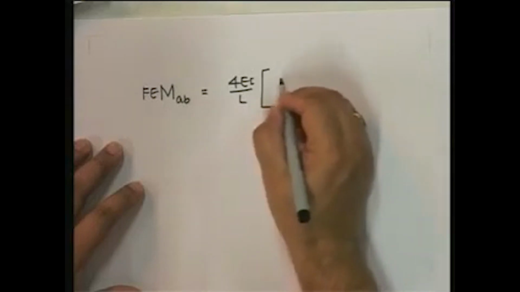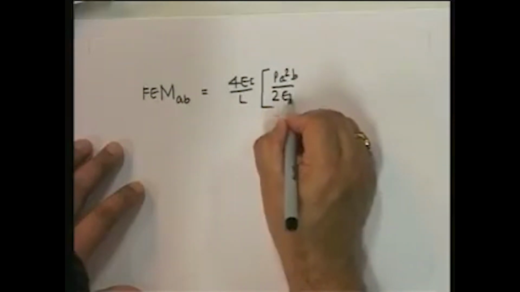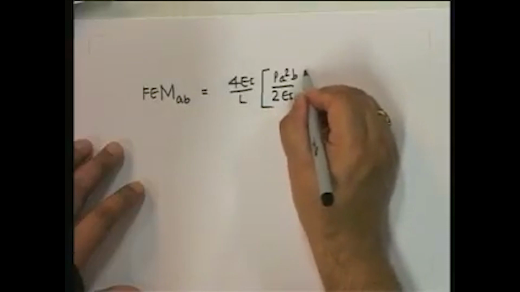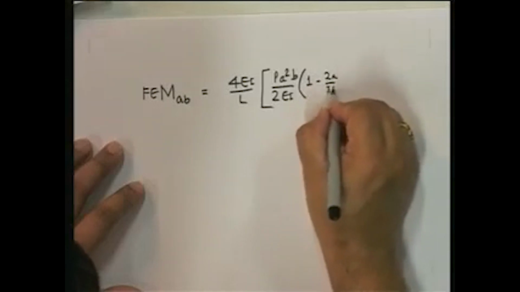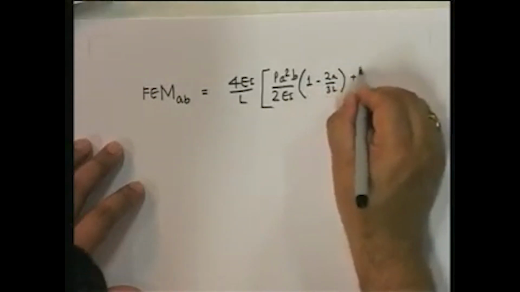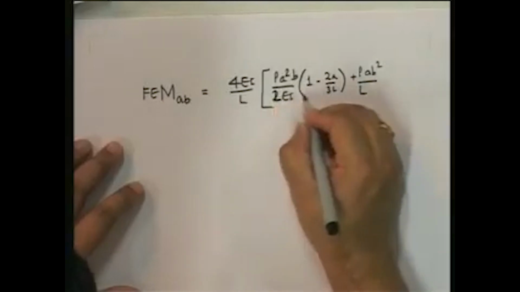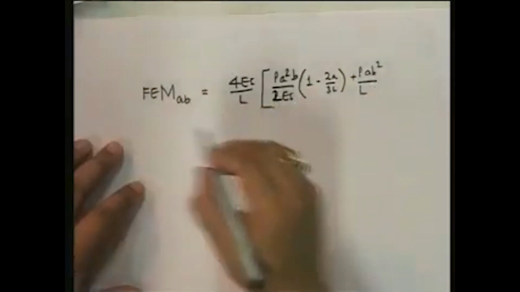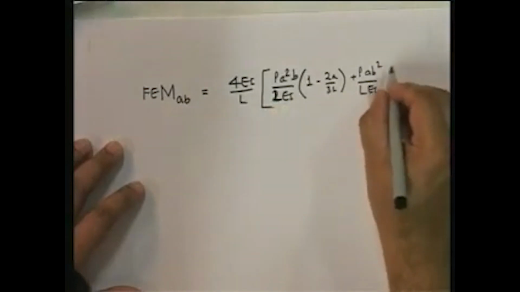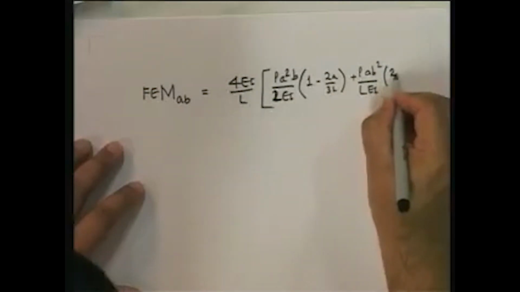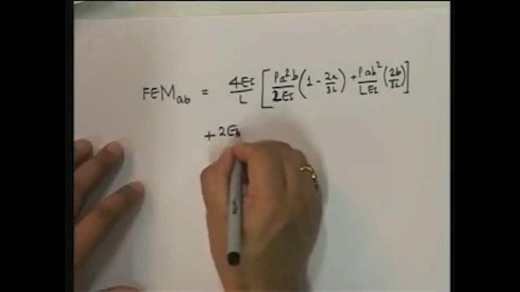So it's going to be PAB squared upon 2EI, and minus here you will see is going to be equal to 1 minus 2A upon 3L plus PAB squared upon LEI, into minus of that becomes plus, so this is going to be 2b upon 3L,